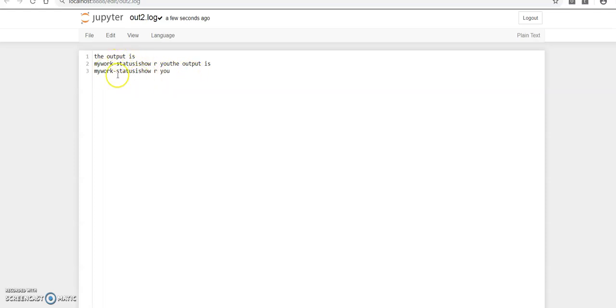Here it has been written 2 times, because before giving the flush function I had executed the program, and once again I executed the program after giving the flush function also. So it has been written 2 times.